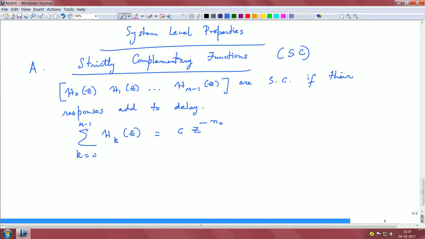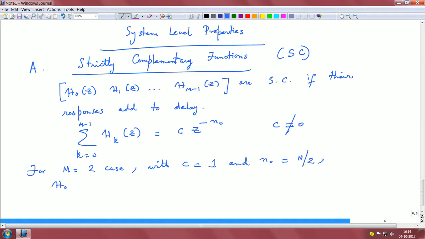If this satisfies such that c is not equal to 0, of course this is a trivial condition, then they are called strictly complementary filters. So, for M equals 2 case with c equals 1 and n naught is N upon 2,